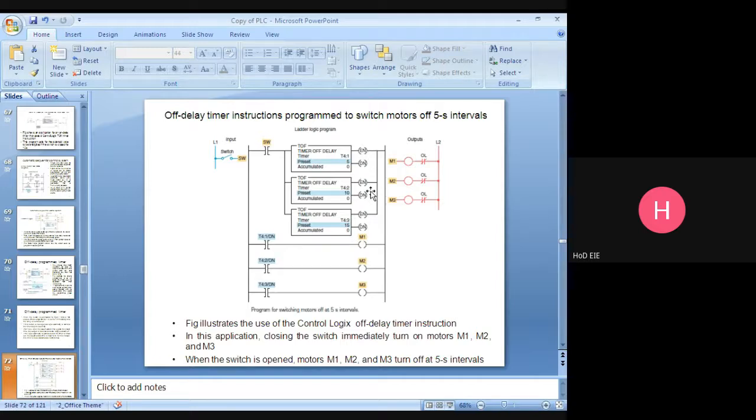The done bit is also enabled in all the 3 instructions. So this one, T41 done bit, this contact will be closed. T42 done bit, this one will be closed. T43 done bit, this contact will be closed. So all the 3 motors will be started immediately.